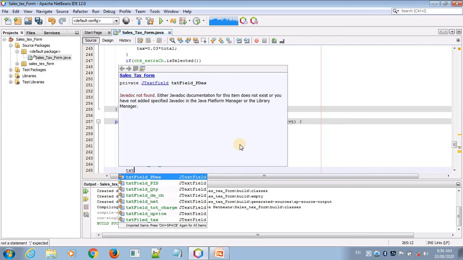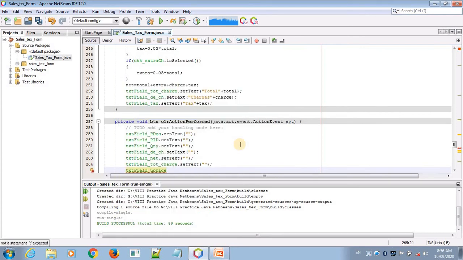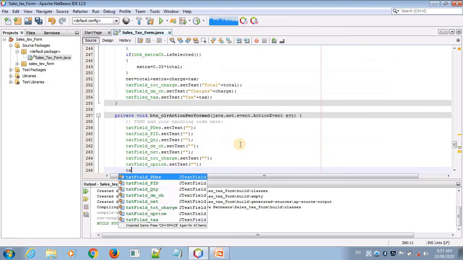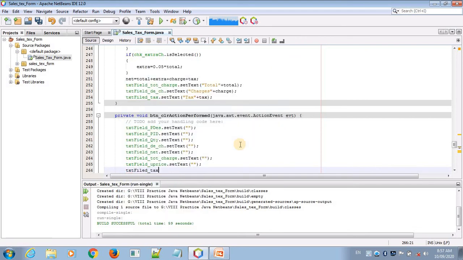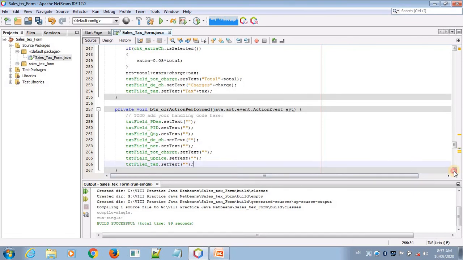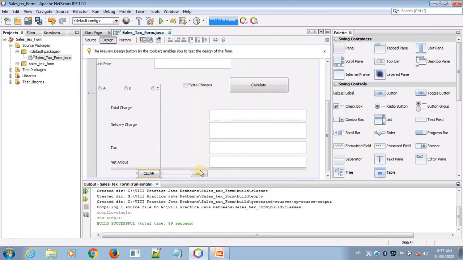Okay, the text field price, dot setText, and the last text box is tags. Okay, so this is our clear button code, and the last button is exit.